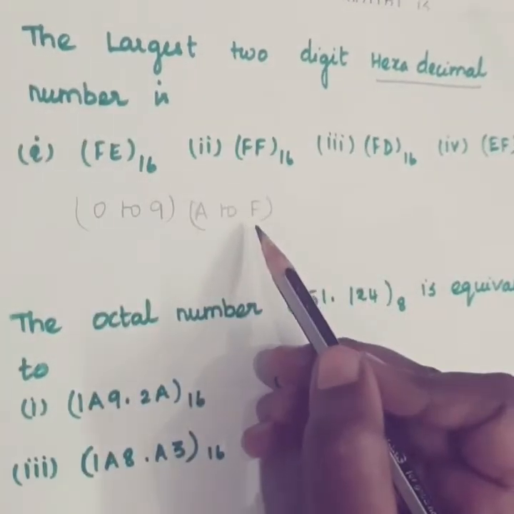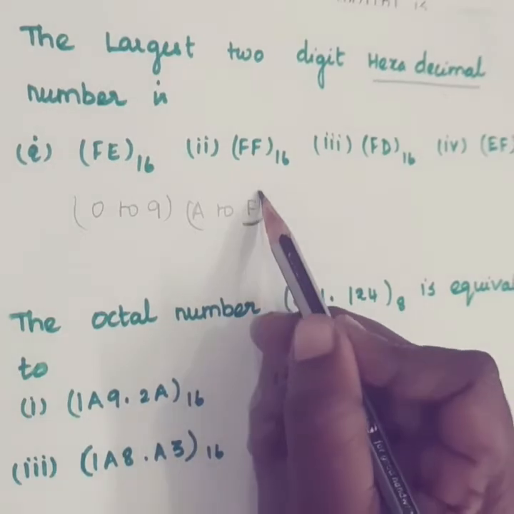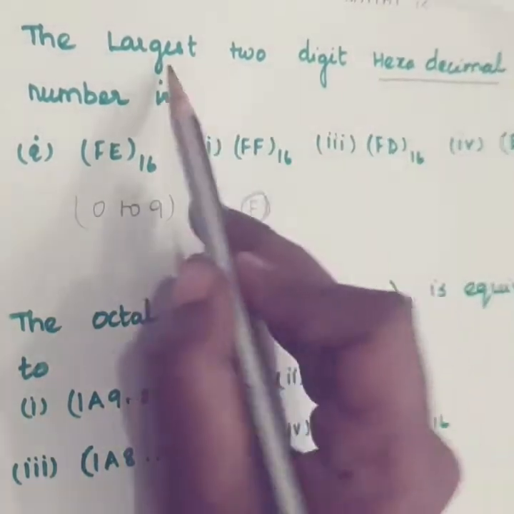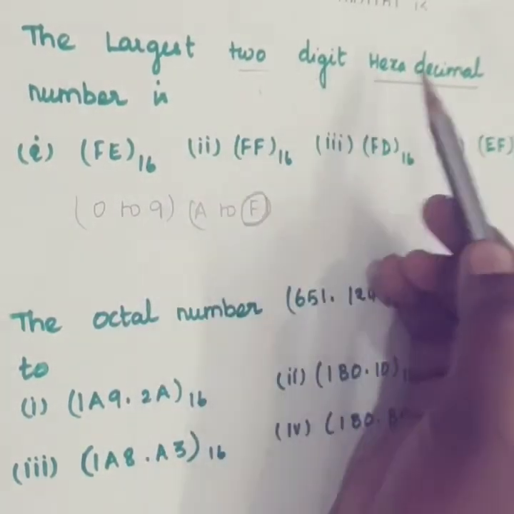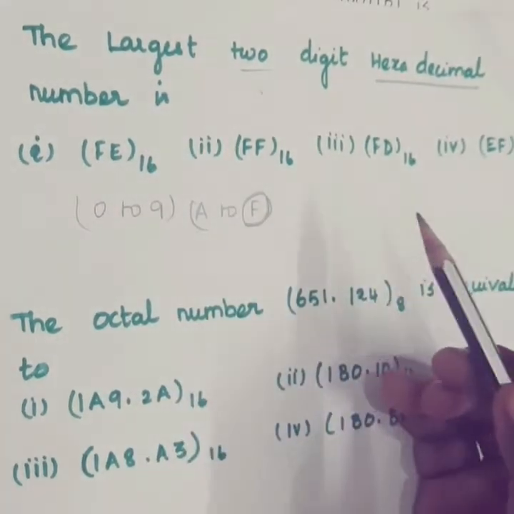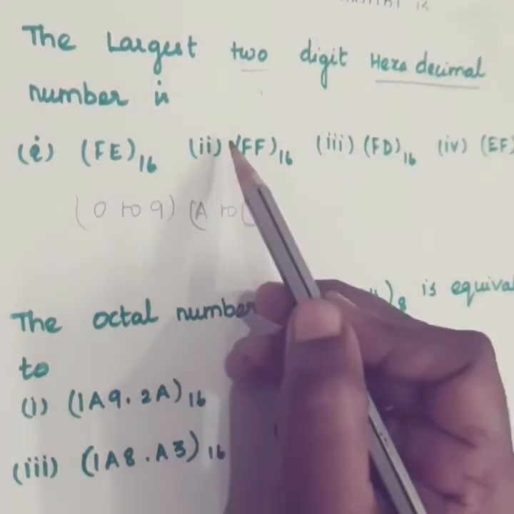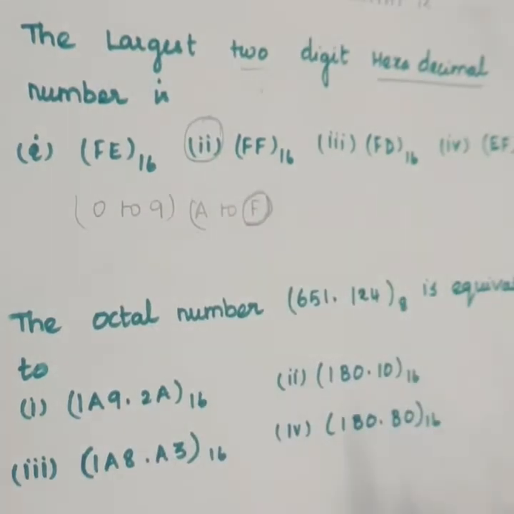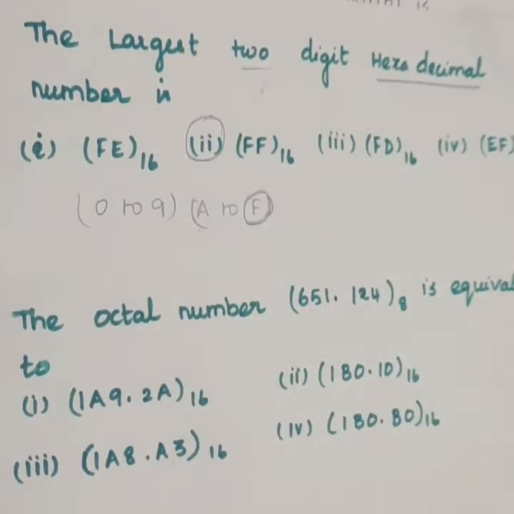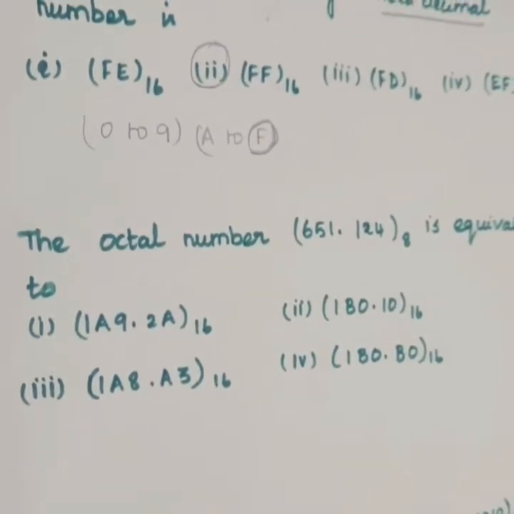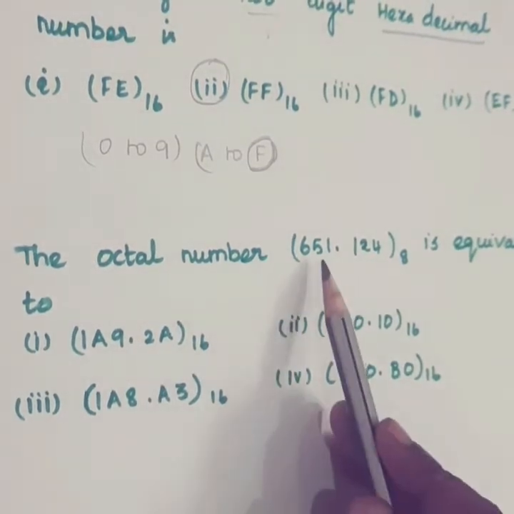So the largest single digit hexadecimal value is F. Here, the largest 2-digit hexadecimal number is definitely FF, right? So that is option 2, FF. That is the correct answer. Next one, octal number